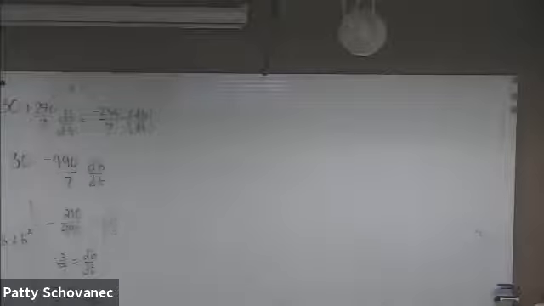My brain is too small for this. Right? 70 minus 35 minus B is 35 plus B. Okay, and so